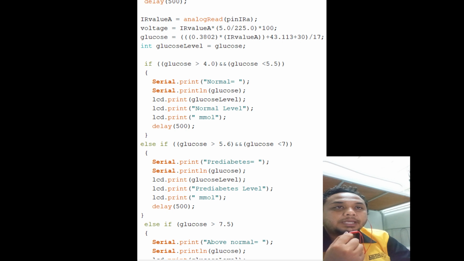So 0.38 is from the equation y equals mx plus c. So this is for m, and this is for c. If the glucose is below 4 and not more than 5.5, we get the normal state. So if the glucose is above